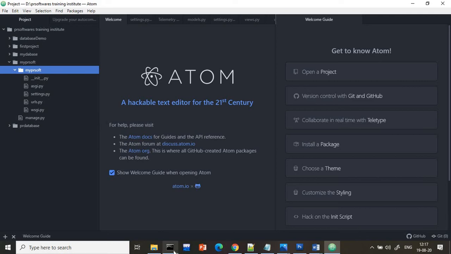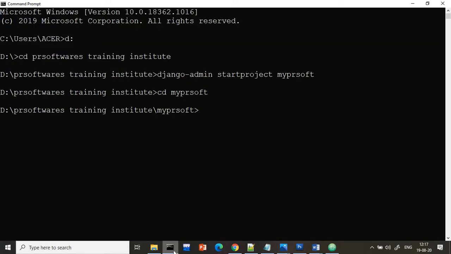So let us say how to create that application. I will write py manage.py startapp. Make sure here previously it was startproject, now here startapp, and whatever app name you want to give, you can give here. So I am giving the app name, let us say my name will be myPRapp. Make sure my project name, my app name is what? myPRapp, and enter.